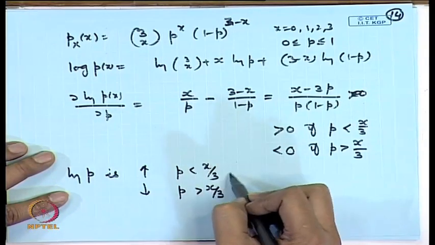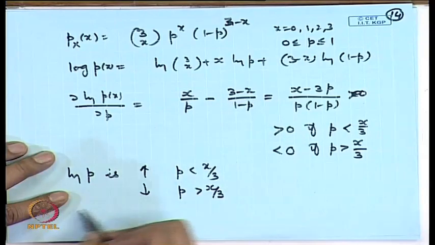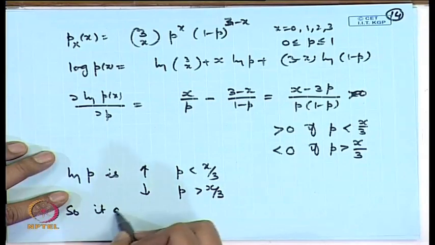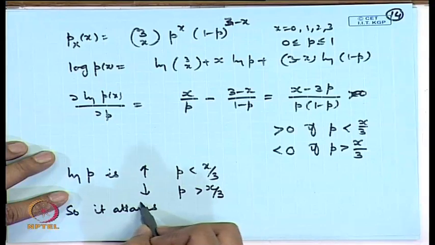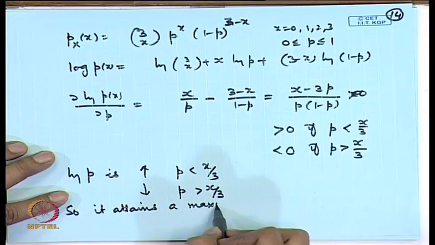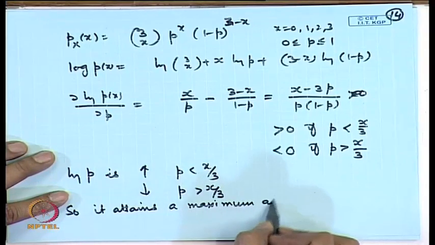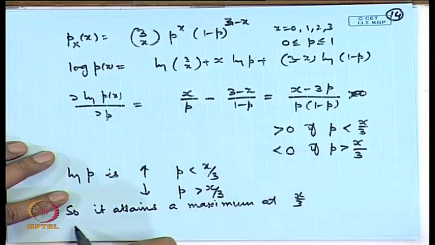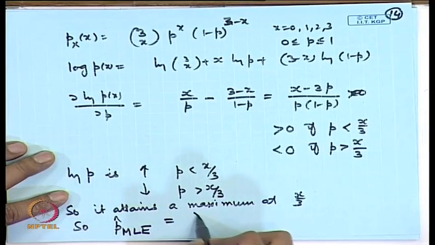So, there is a peak attained at x by 3. So, it attains a maximum at x by 3. So, we can consider the maximum likelihood estimator of p as x by 3, which is